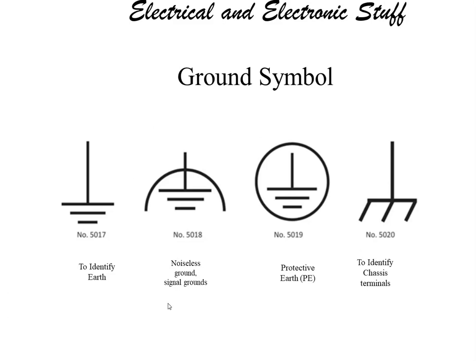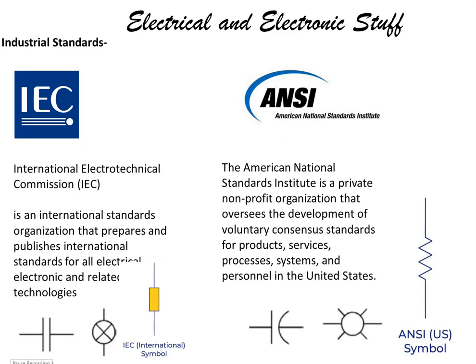Let's understand how many standards there are in the electrical and electronic field, and how they represent the symbols. In the electrical and electronic field, a number of standards are defined nationally and internationally. First of all is the IEC. This is the British standard, and the next one is the JIC, Joint Industrial Council, the symbols approved by the National Machine Tool Builders. This one is the most important.